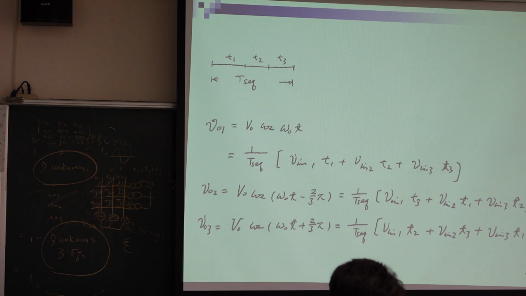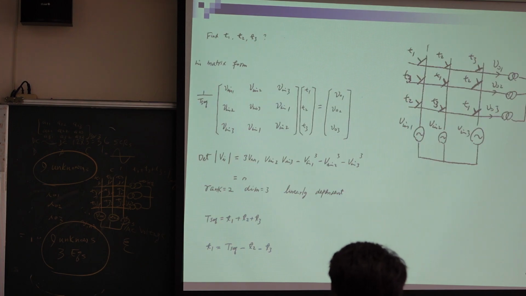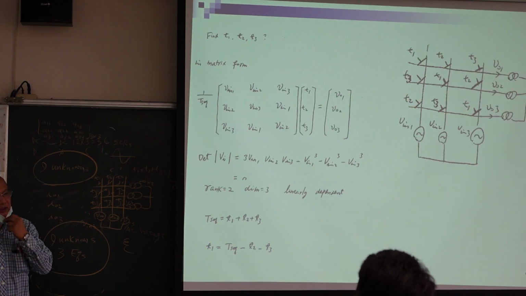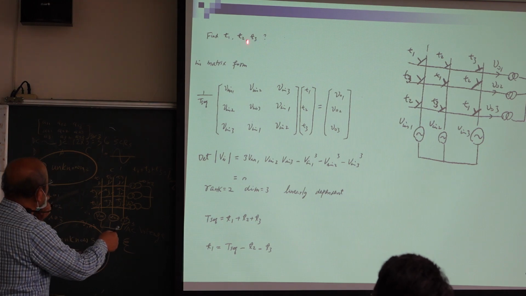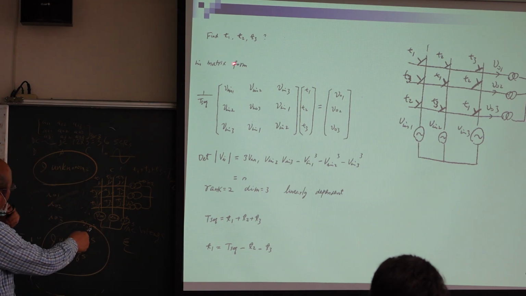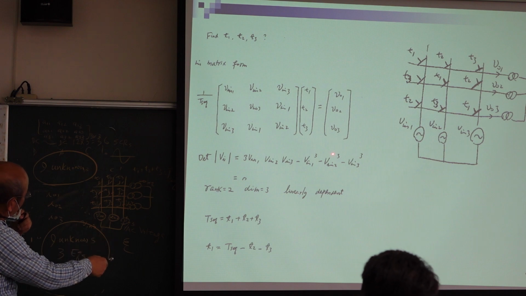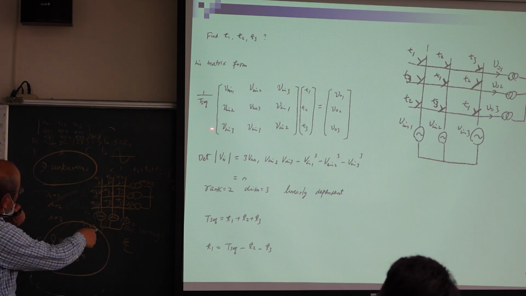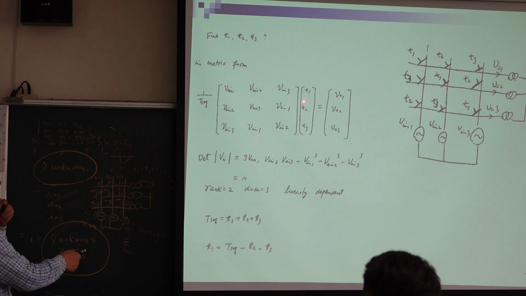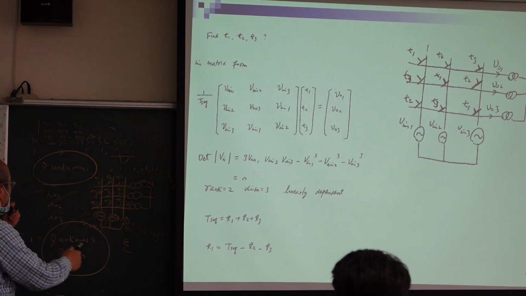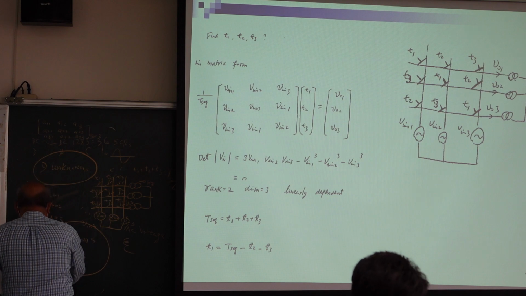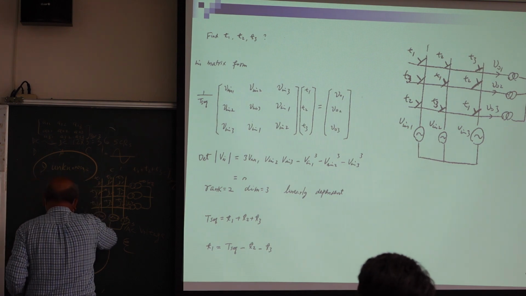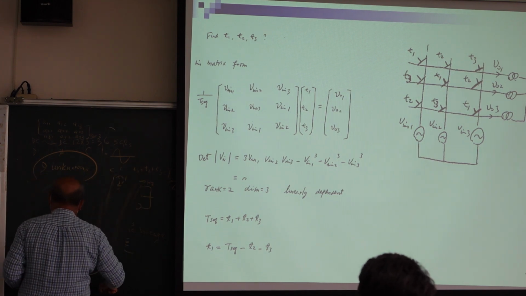So he goes back to solve this math. He tried to find T1, T2, T3. So we have this equation, 3 equations with VO1, 3 equations with VO2, 3 equations with VO3. We try to find T1, T2, T3. If you learn engineering math, you have